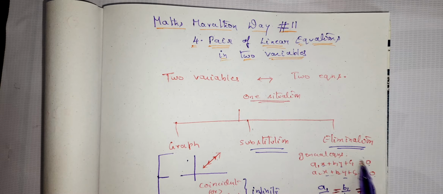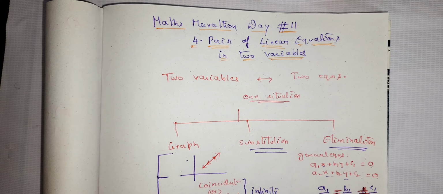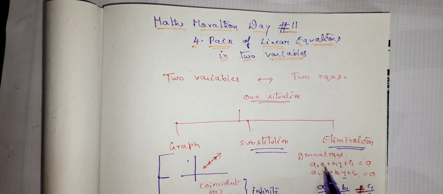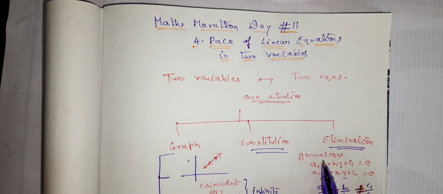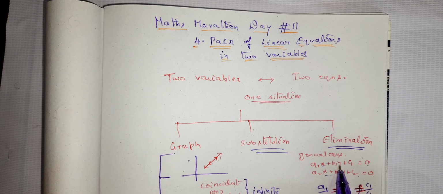Now when you plot the graph, for different values of x and y, we will get a graph, right? So based on these, when you plot the graph, that means when you take the equation either x is equal to or y is equal to in terms of the other variable, taking a value of x is equal to 1, how much you will get for y, like that you will find.